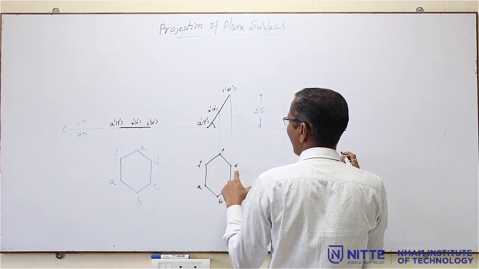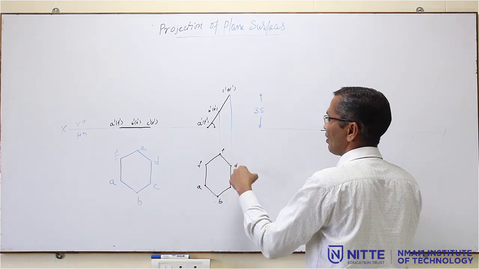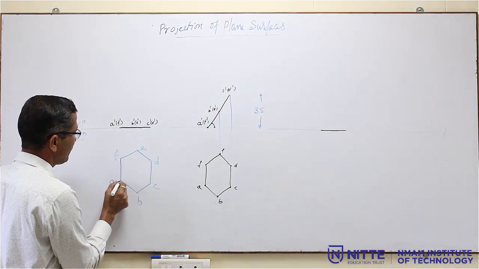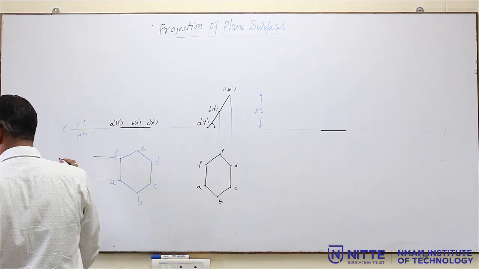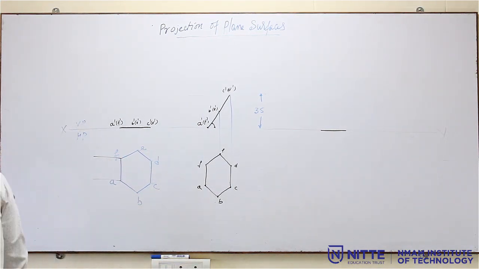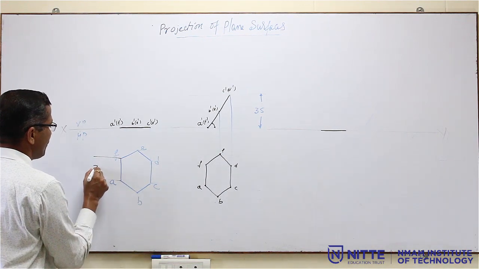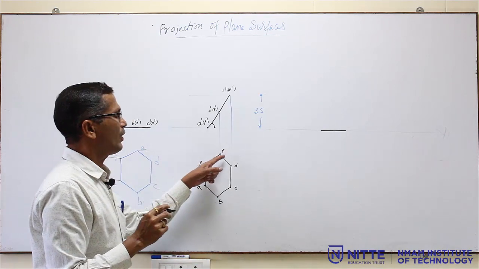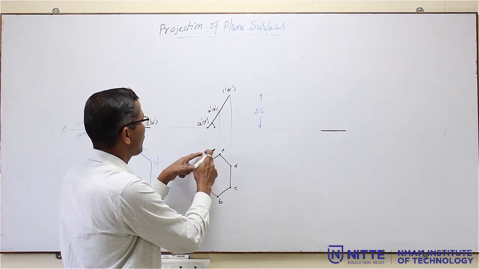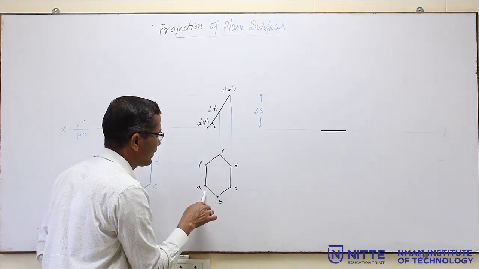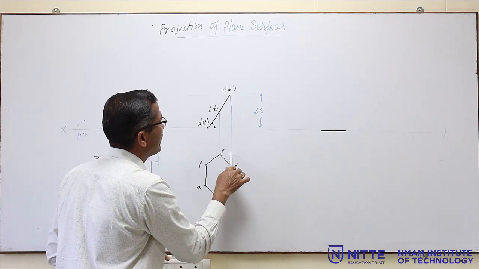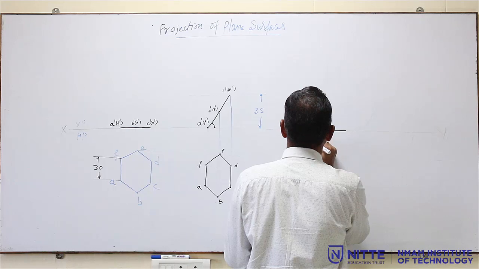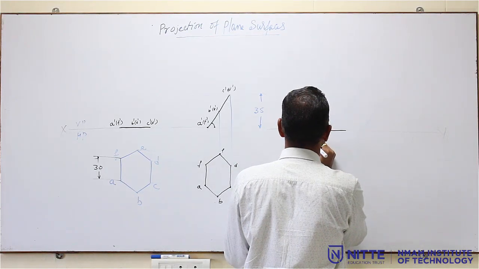Now, this is not a regular one, so I cannot use the compass to draw. How have you drawn for this? This we have drawn with the help of the compass, taking a radius equal to 30 mm. But this we cannot draw with the same procedure. We have to go for the box. There is a grid here, an outside grid. So, that grid you have to copy and then copy the hexagon as it is.